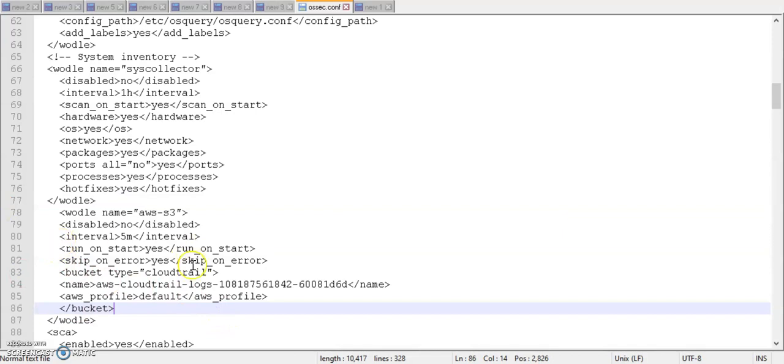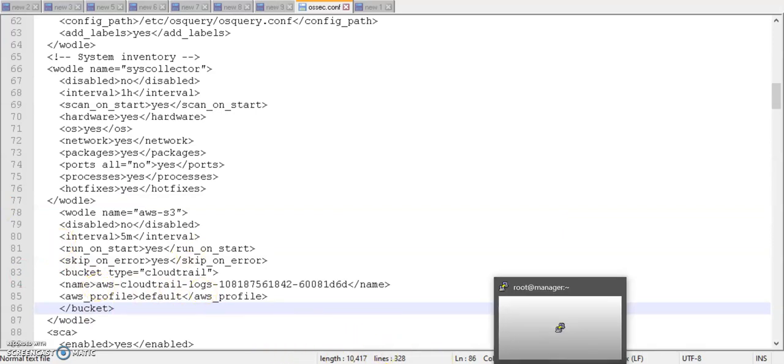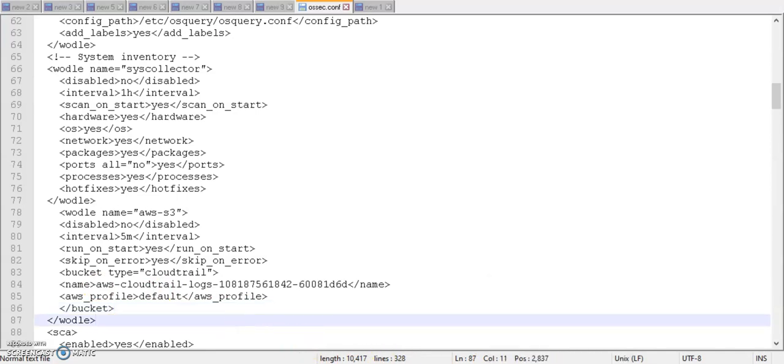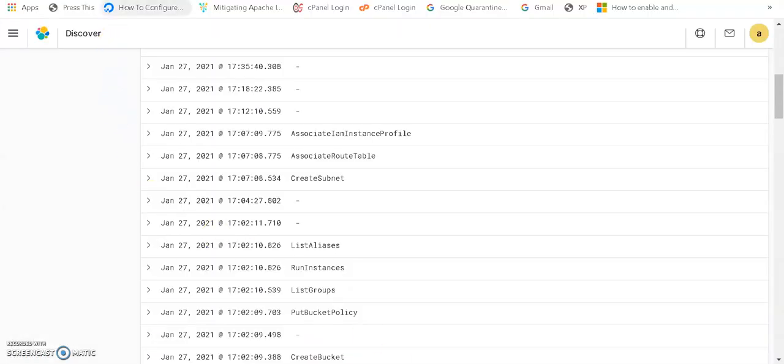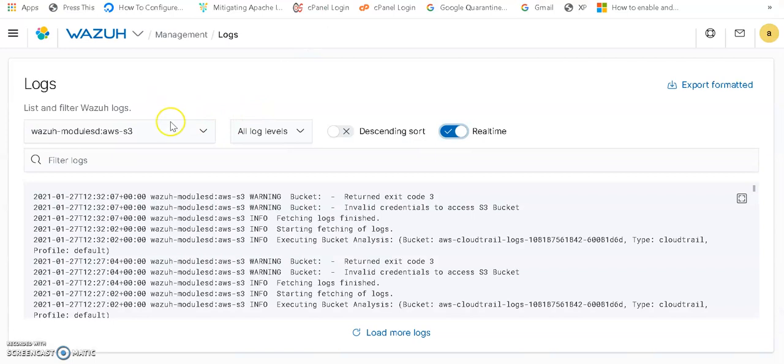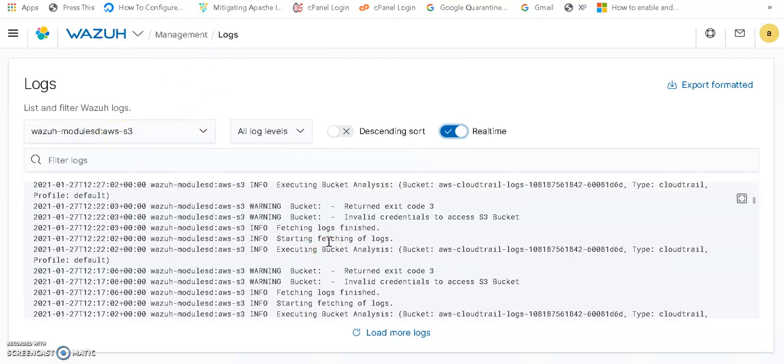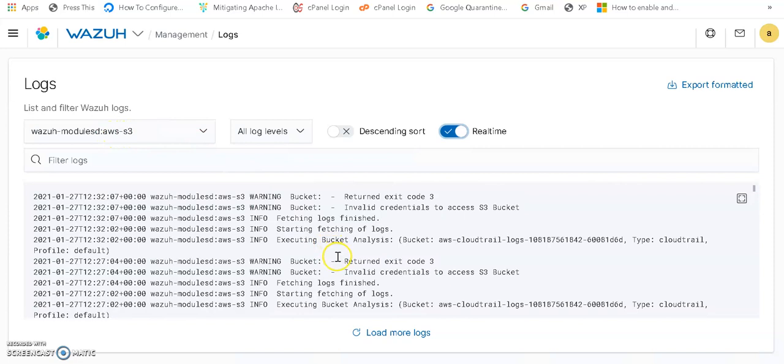Once you are done with this, you can save it and restart your Wazuh manager services. Once you are done with that, you can come to this page, and in management logs you can go to the Wazuh wodle module aws-s3, and here you can see all the logs. If you are successful, these are the kind of logs you will see.